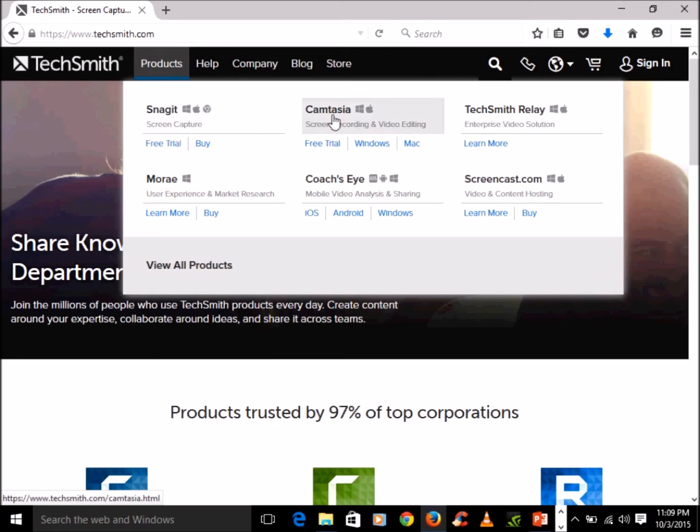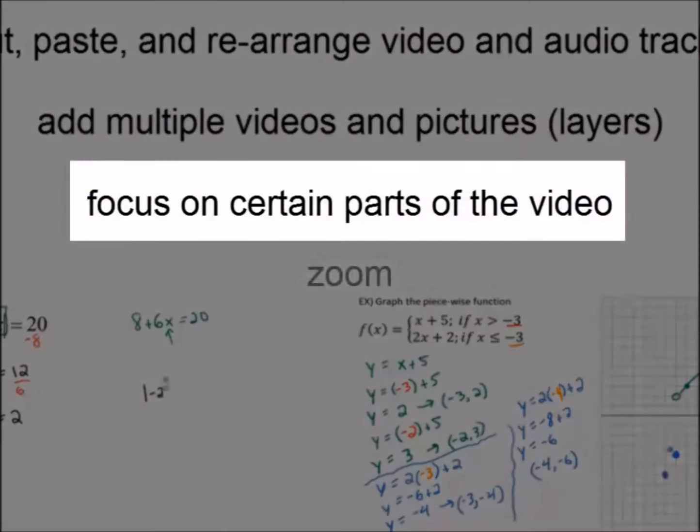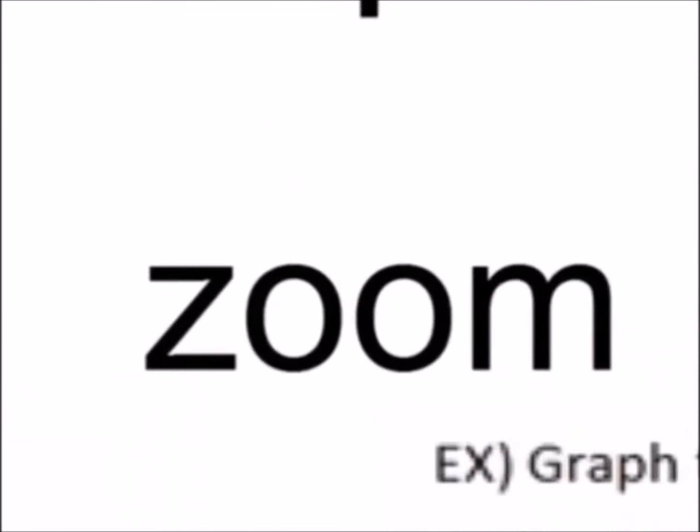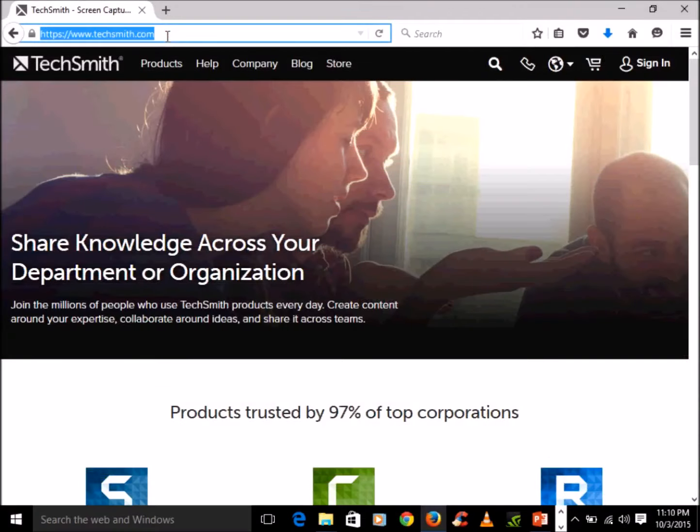Camtasia is another very powerful tool. You can get a free trial, download it for your Windows or Mac. This allows you to edit your audio, your video as well. You can add multiple pictures, add videos, focus and zoom on certain parts. So Camtasia is a good option. But for the beginners, those who are making videos for the first time, Hypercam can be a very easy to use and handy software. What you need to do is download the software from the website